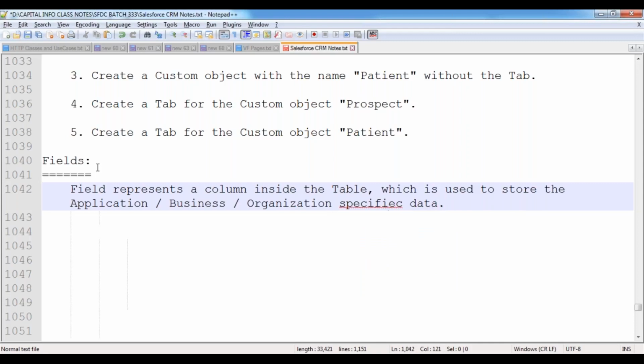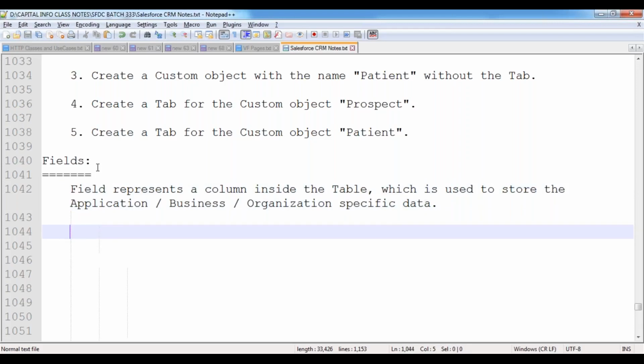In order to store that data, we are going to be adding some columns inside the tables. Those columns are called fields.